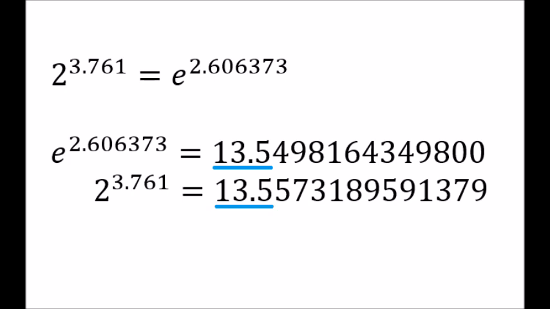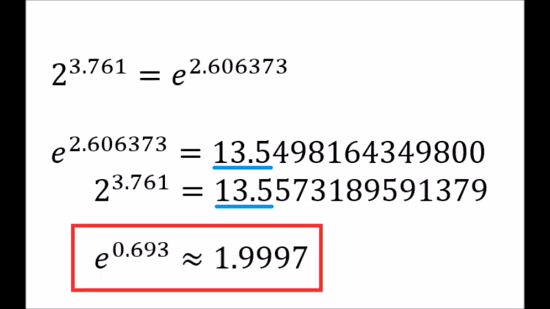Compare our estimate of e to the 2.606 to the true value of 2 to the 3.761. The true value can be computed by punching the numbers directly into a scientific calculator. It looks like we only obtained 3 digits of accuracy. However,